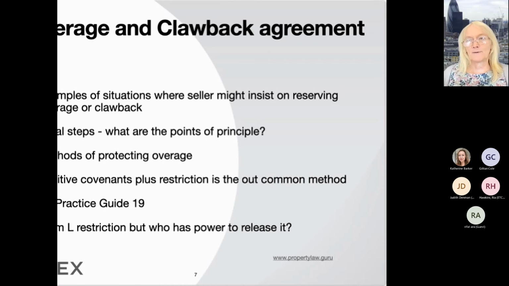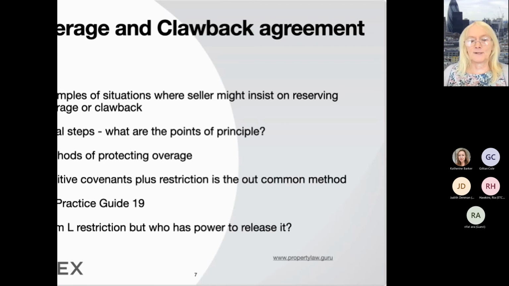It could be the sale of part of a garden. I ask my next door neighbour, can I buy your bit of garden? Because I'd like to have a bigger garden. And they think, as soon as you get that, you're going to redevelop your land and we will lose out. So rather than 20,000 an acre, we want 500,000 an acre. It could be political reasons, a local authority being complained about if the price goes up.